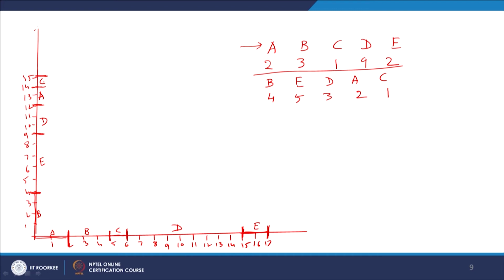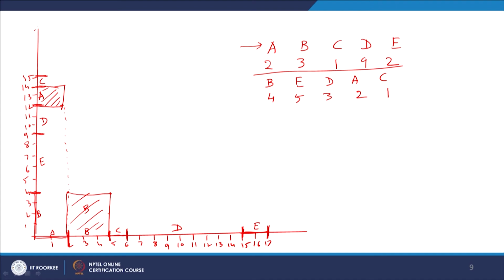So, this is the way demarcation has to be done, and now we have to do the pairing, and what do we find? The pairing has to be done like this, because the first one is A. So, this A will come over here, and as you can see, this is our A. Then comes the B. So, where is B? B is over here and it is over here. So, this is the way we have to do the B. So, this is shaded over here.